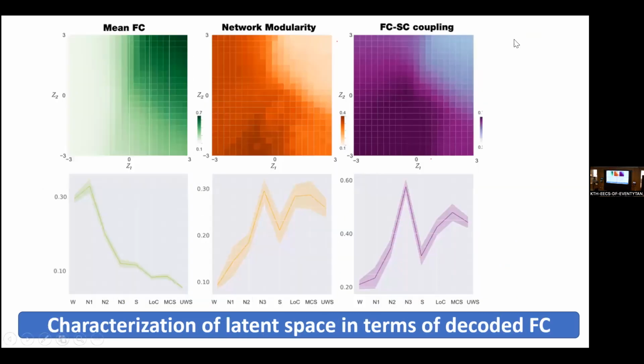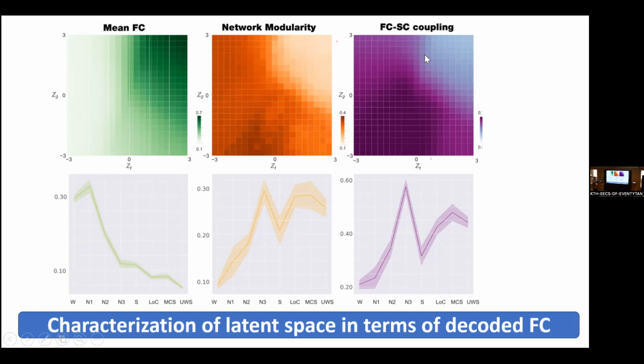So then we characterize the latent space in terms of features of this functional connectivity that we generate. This means we get that multiverse in the previous slide. So we characterize this latent space, this matrix, in terms of metrics of this decoded functional connectivity. The latent space is presented in the upper right, like a matrix. This is the mean functional connectivity. This is the modularity, and this is the coupling between the functional and the